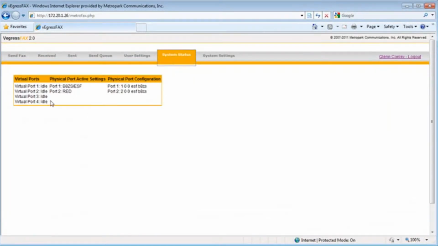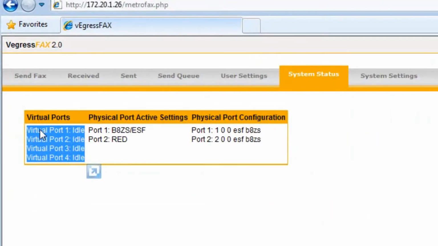Now the system status just tells me how many virtual ports I have in the system. In this system, I've got 4 virtual ports, which means I can receive or send a total of 4 faxes. I can be receiving 2 and sending 2, or receive 3 and send 1. So I've got 4 ports. If you need more than that, then you just contact your dealer